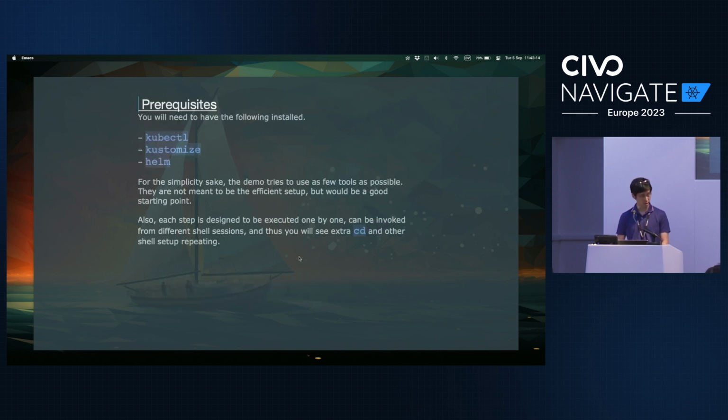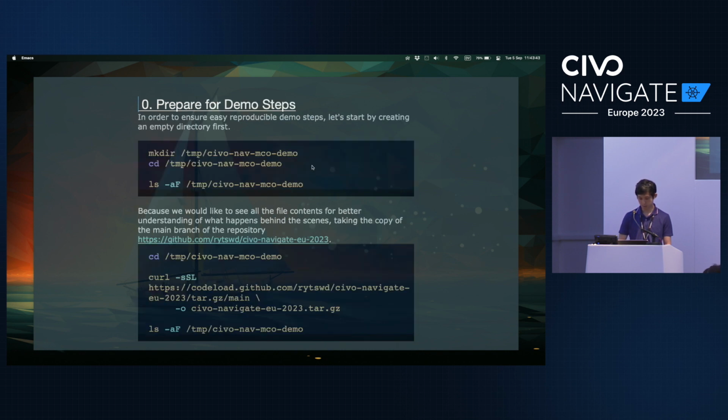So prerequisites, as we saw just earlier: kubectl, Kustomize, and Helm. This one particularly doesn't use istioctl, although we are going to deploy Istio, just so that we don't have too many moving things to worry about. Obviously, you need to know about Istio, but istioctl is another layer you need to be familiar with if you were to operate and install it, so I'm just taking that out of the picture. With that, let's get into the demo steps.